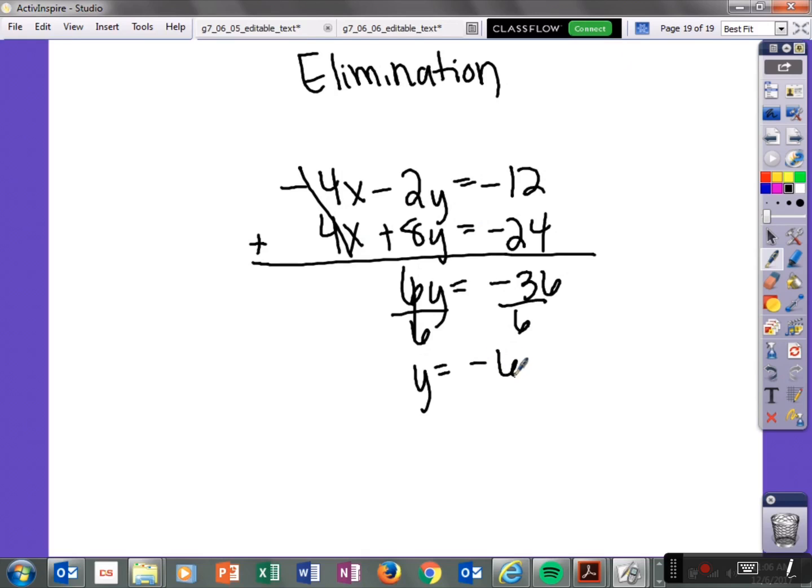Now remember, our answer is a point made up of x and y. We just found the y. How do you think we're going to find the x? Now, we marked out the -4x and 4x for the sake of this step. It's technically still there, okay? Because we didn't really just mark them out. That was just to kind of show something. Really what happened here,